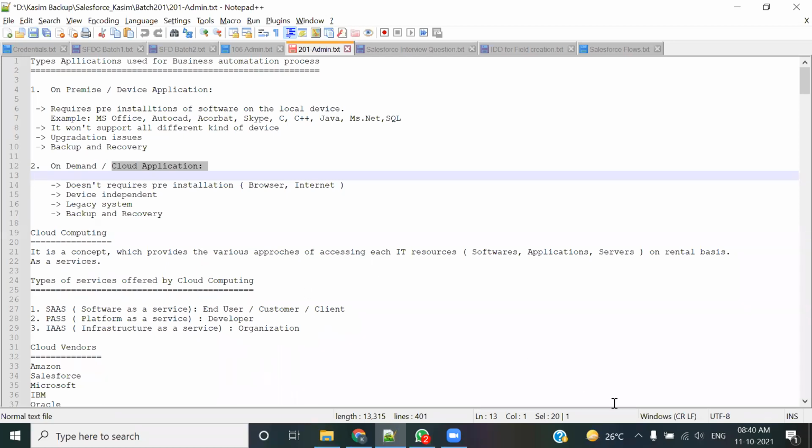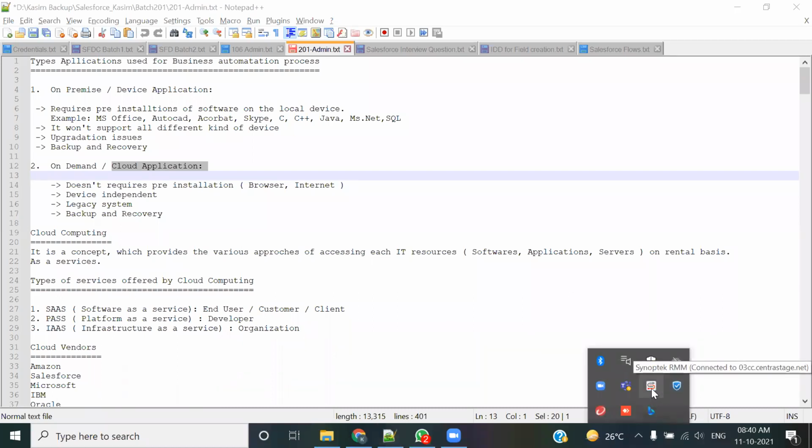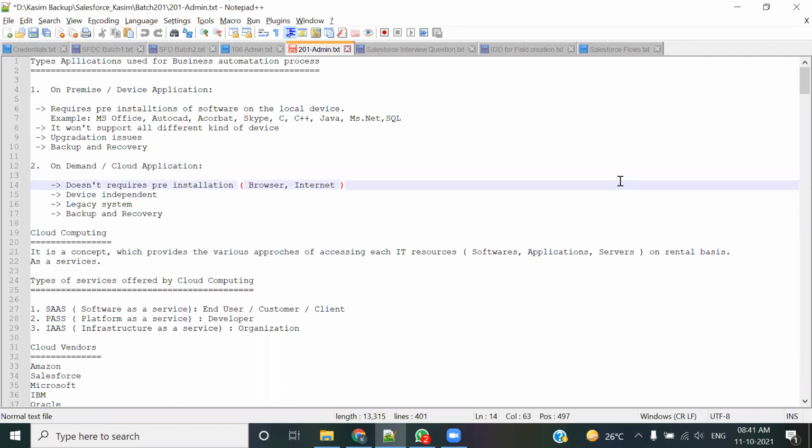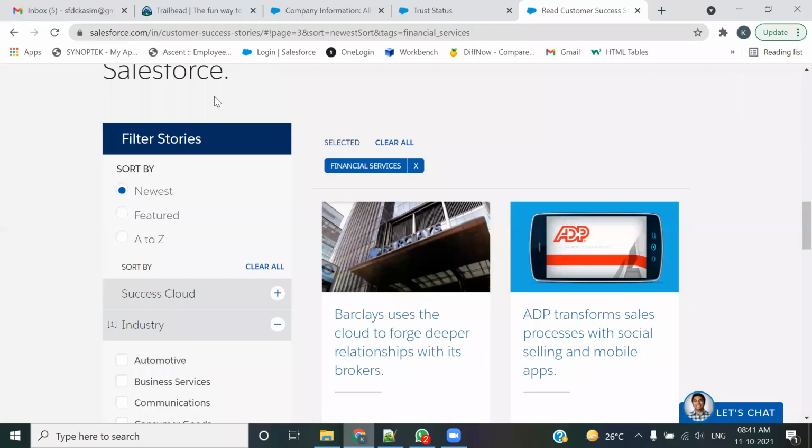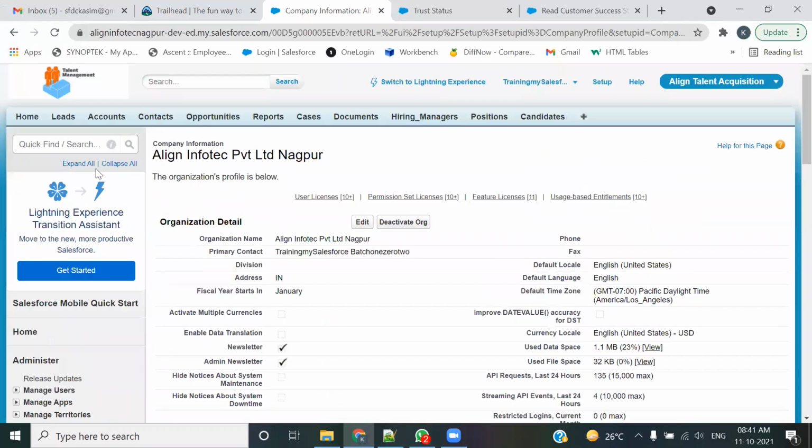Only the thing that was installed was the VPN. VPN is used to track what you are doing in the office hours. This is the VPN that I'm showing right now on the screen. This was the thing that was installed on my node, only this much was installed. I used to work over there. What did I need? I just required to have a browser. I would log in on the browser, then I enter my password, login, everything, and I start working.